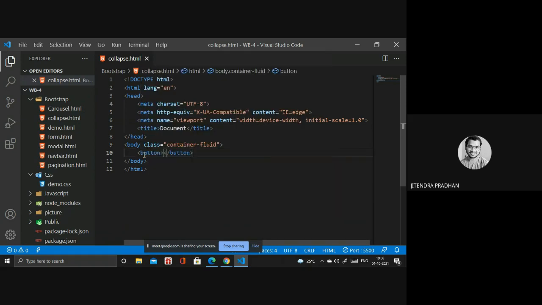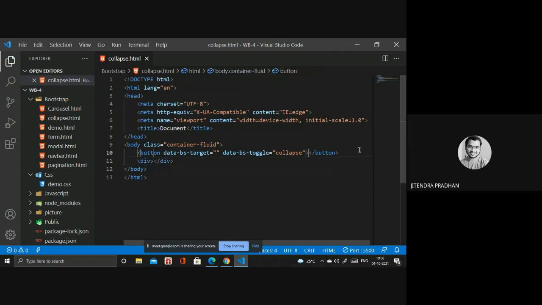Inside the button, I require data-bs-target, and we give the id as well, and data-bs-toggle collapse. Okay, c-o-l-l-a-p-s-e, collapse. Next we have to design the div.